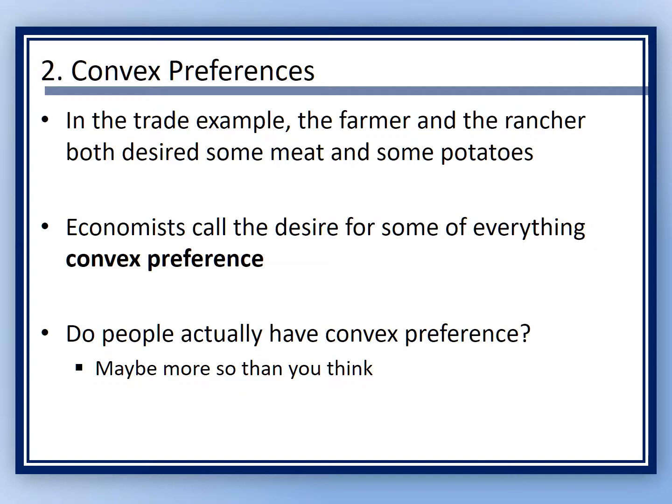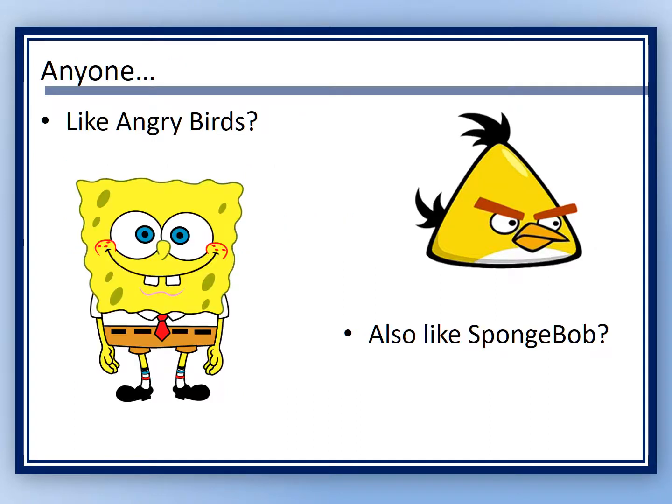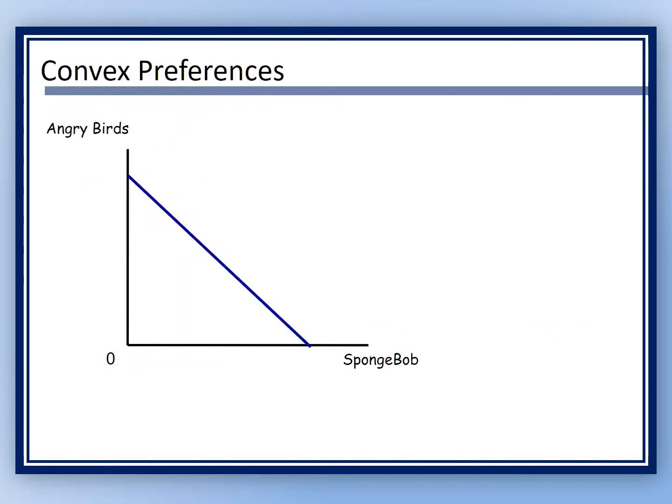But in other cases, I think how much people like mixtures might be more than you think. So now, anyone like Angry Birds or SpongeBob, right? Perhaps some of you do, right? So now, what convex preferences say is that